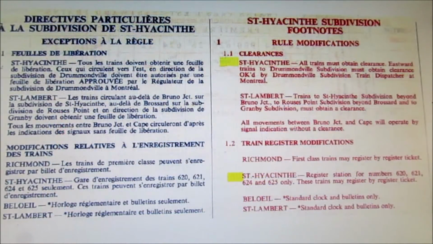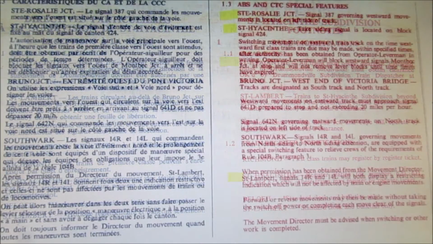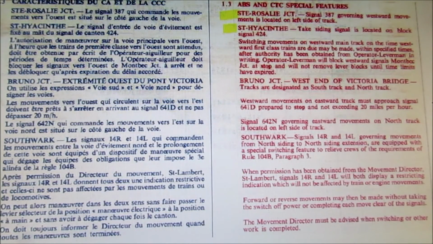So the footnote, the rules, or important notice as far as that sub, like it says for Saint-Hyacinthe, all trains must obtain clearance. So that's why we have a dispatcher for the layout. ABS and CTC special features, of course I have neither on the layout at this point. The signals that I do have currently on the layout are hooked up to the switch for switch position. However, for operation purposes, permission is required from the dispatcher to move from one point to the next, a